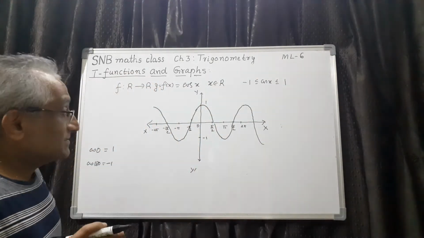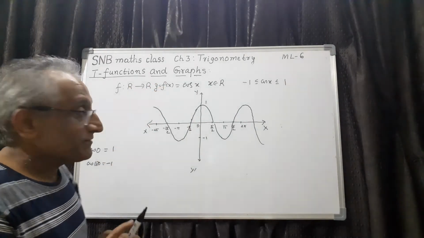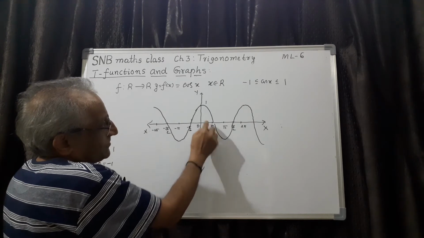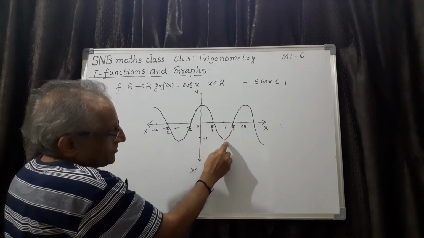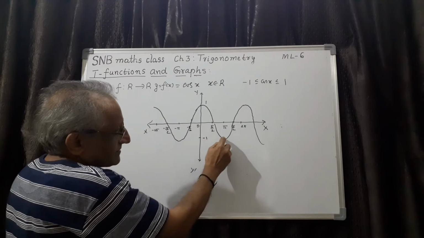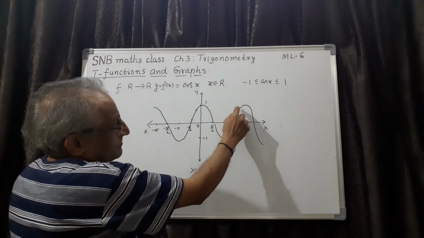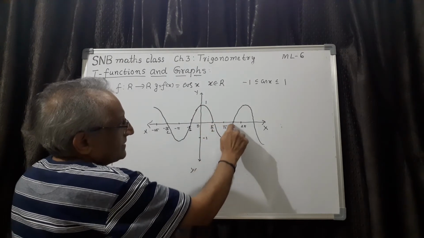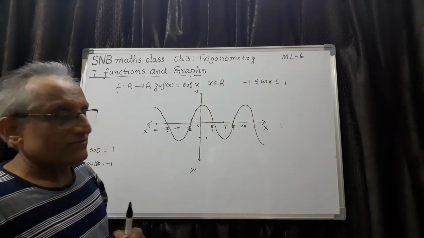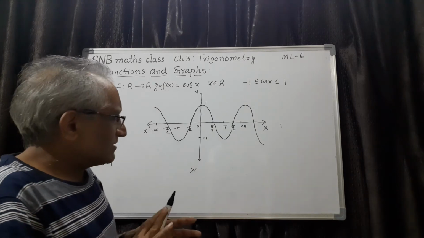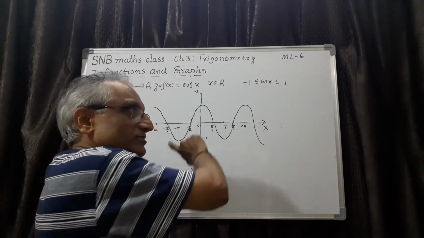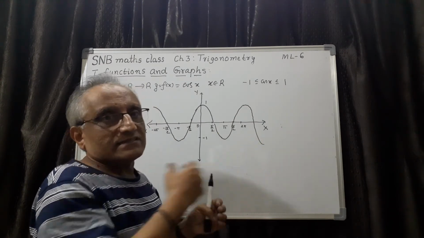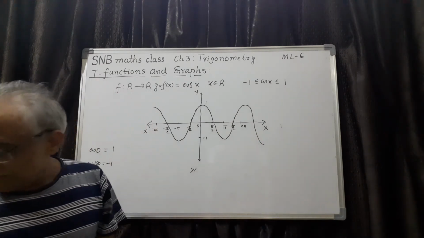And other aspects of the cos function we can study like this. In the first quadrant, 0 to pi by 2, it decreases. Pi by 2 to pi, the second quadrant, decreases. Then pi to 2 pi increases. So first it decreases, then increases. This is the nature of the graph. You need not memorize anything. First remember how the graph should be traced, then you will automatically come to know the nature of the graph. So this is about cos x.